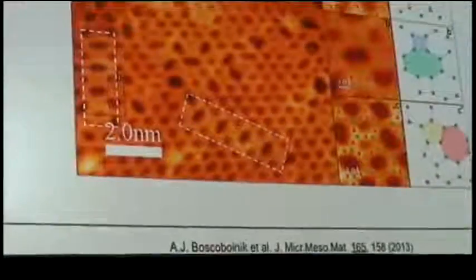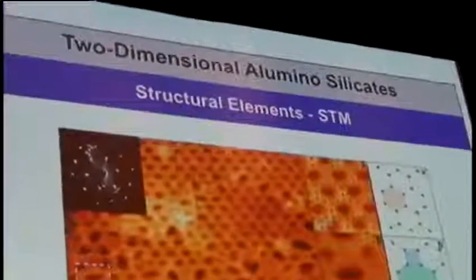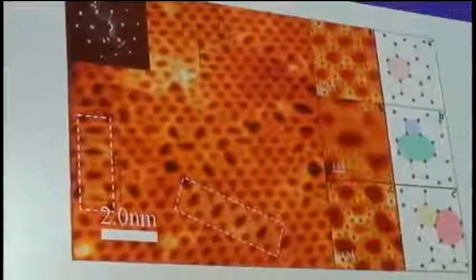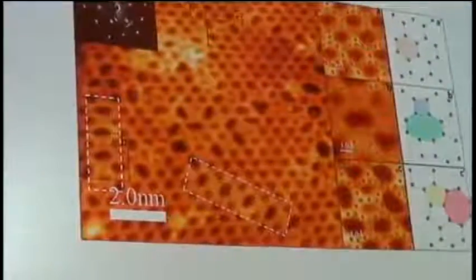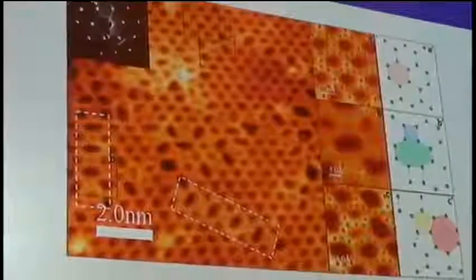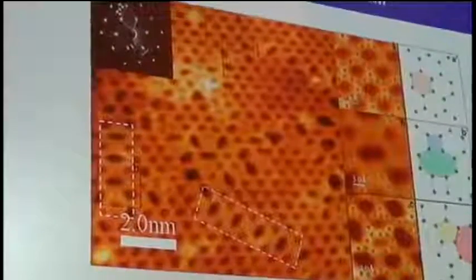We don't know why that is, but we would like to know why that is. And in principle, the SDM opens that possibility, because once we can recognize the aluminum from the silicon on the surface, then we'd be able to tell perhaps what's going on. And if we can change the temperature, we can even see the dynamics of that formation. Maybe that will contribute something to this interesting phenomenon that you see in